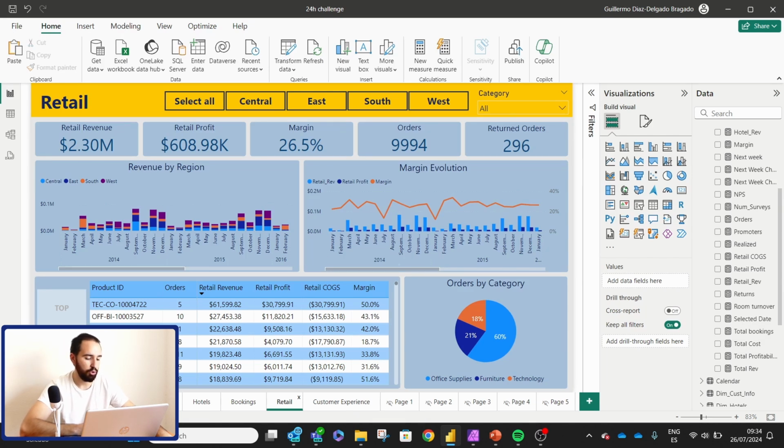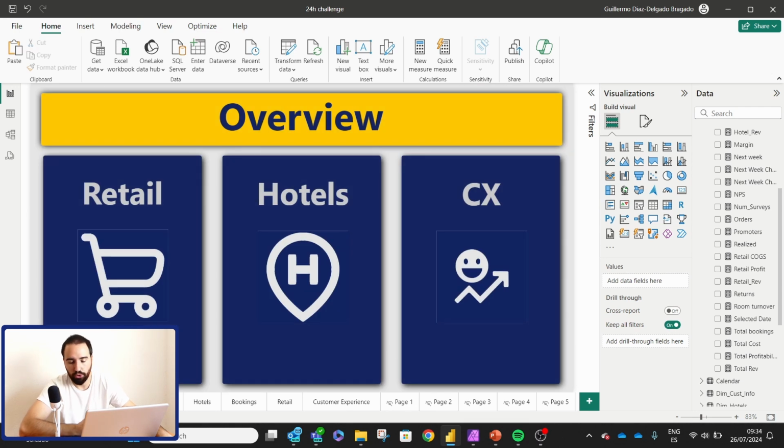So the buttons that we have on the homepage, and if you create a homepage, you need to use buttons, otherwise it makes no sense. By the way, all of these SVG images, I had to look for them around. I was a little bit in a rush, so you can see the corners. I could not get rid of the corners. I'm not a Photoshop expert. So that's something that could be fixed with a little bit more time. But basically, each one of them is a different button that will take you to a different part of the report. So if we click on overview,